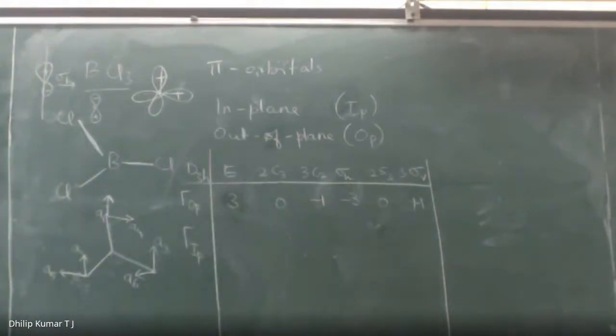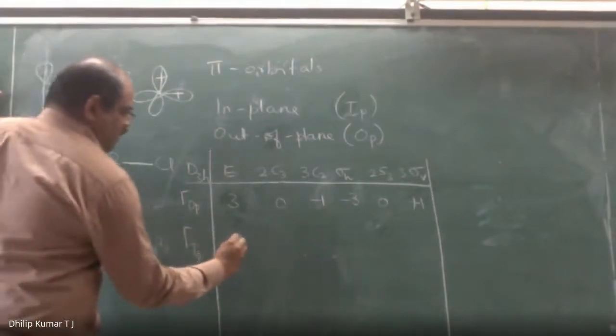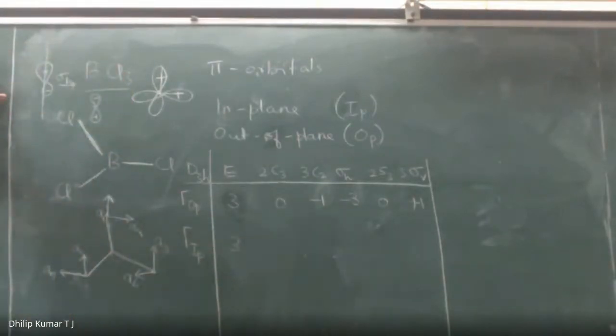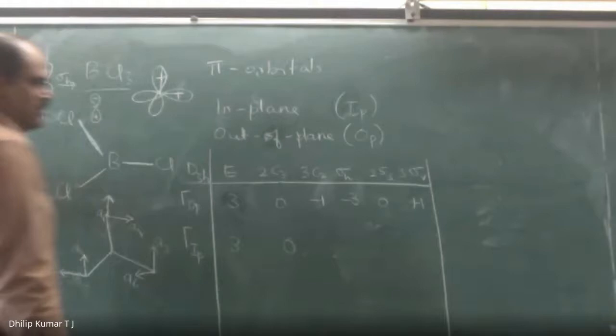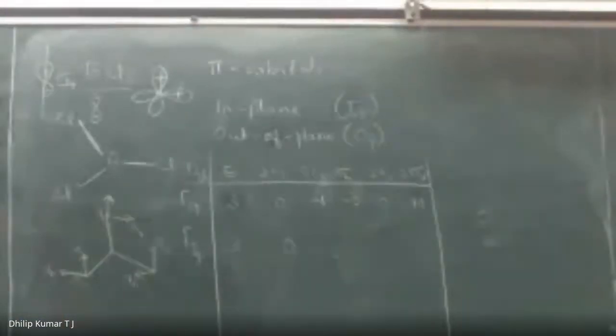In plane, this is A4, A5 and A6, so 3 vectors located on 3 different atoms. So again, E will be +3 only. Again, C3, if you rotate the molecule, all atoms are interchanging, so this will be 0. And now C2 will be interesting. Let's apply C2. So you just rotate the molecule. These 2 atoms interchange, whereas A4 becomes